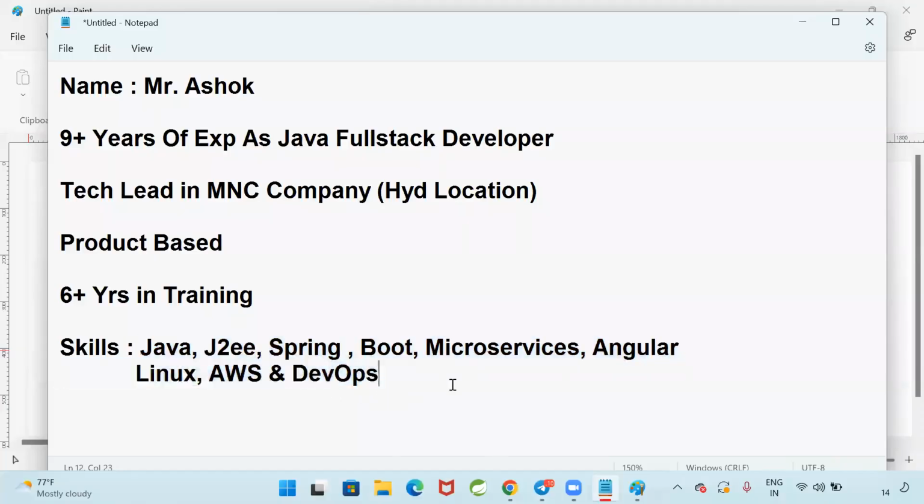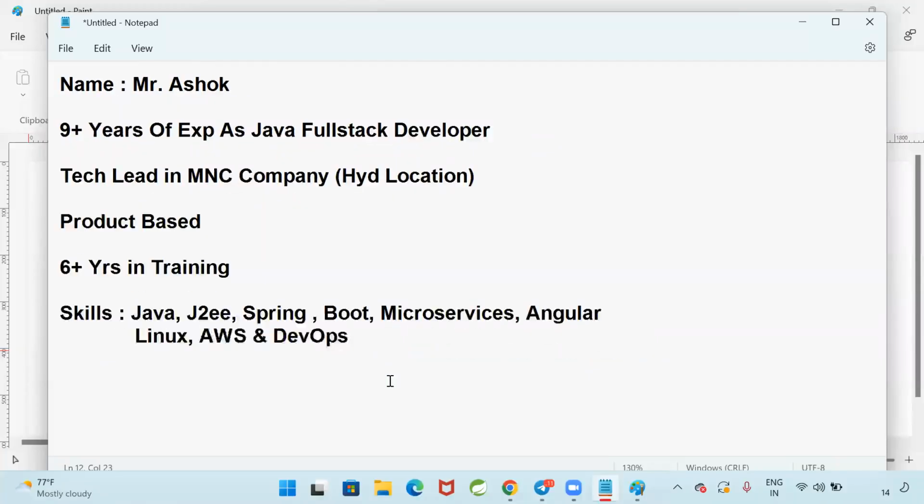So currently these are the skills that I have, and you people also should learn all these things because that is what industry is expecting from full stack developers. If you know only Java, that is not sufficient. Along with Java, you should know some front-end technology. You should know at least one cloud platform, and you should know how to perform deployments of the application by using DevOps tools also, right? Whatever skill set I have, you people also should have that skill set to become a full stack developer. If you know all these things, then only you are called a full stack developer. Then you will get more opportunities in the industry to work, right?